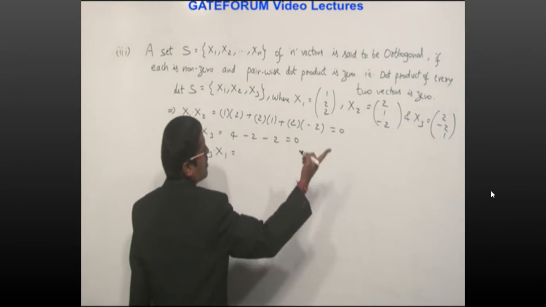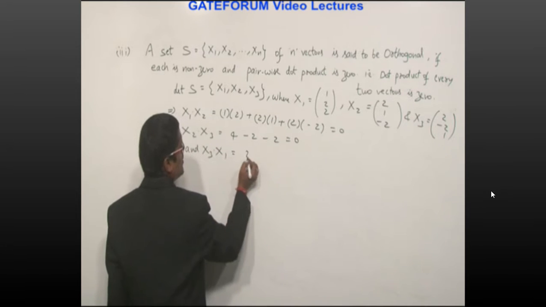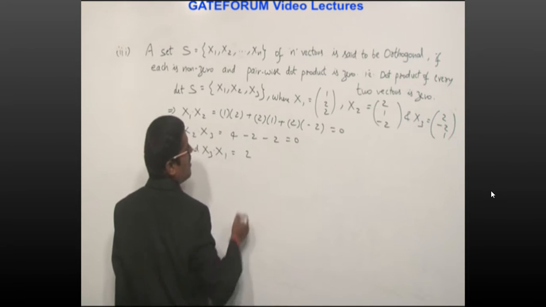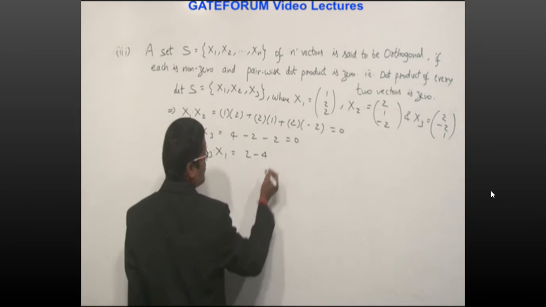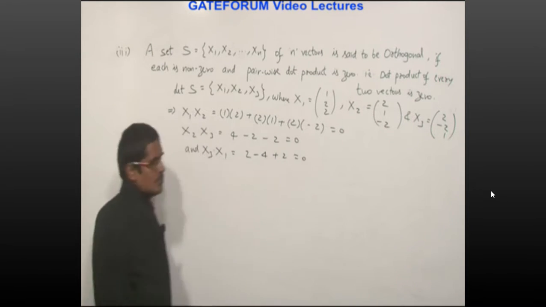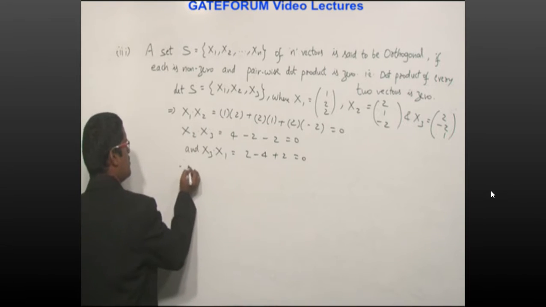So first column into third column, or third column into first column. So 2 into 1 is 2, plus second element into second element, -2 into 2 is -4, plus third element into third element, that is 1 into 2 is 2. The answer is 0. So therefore,